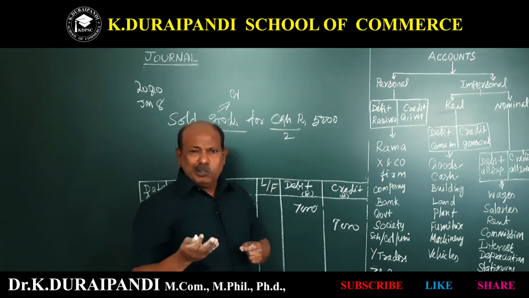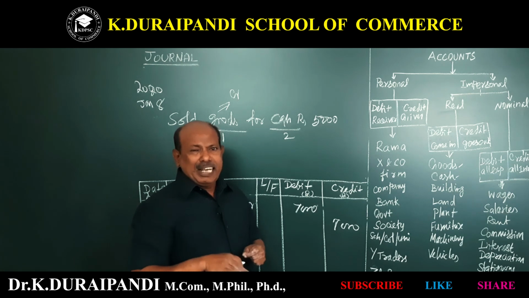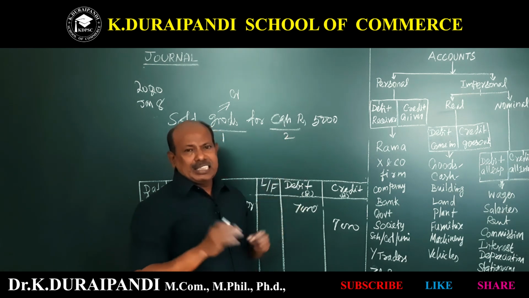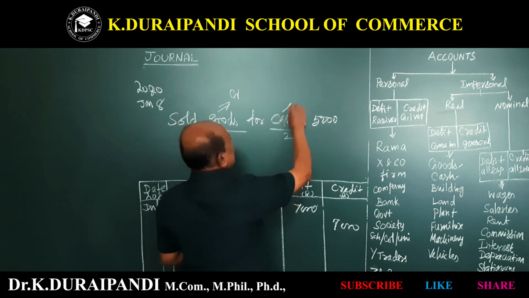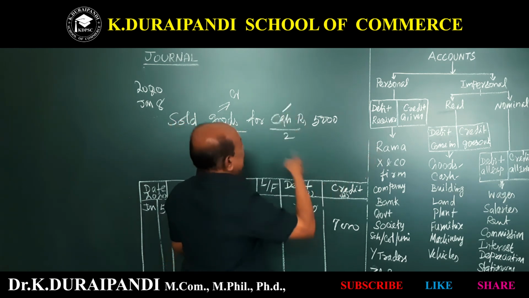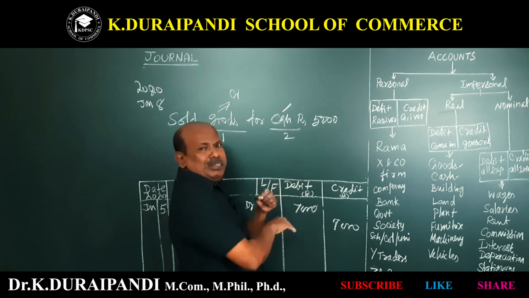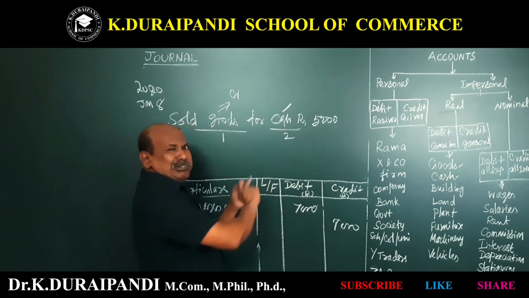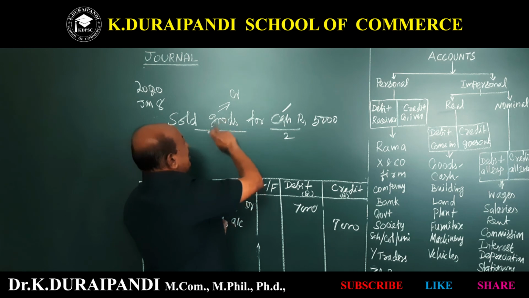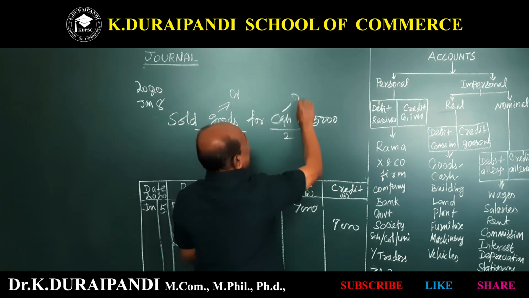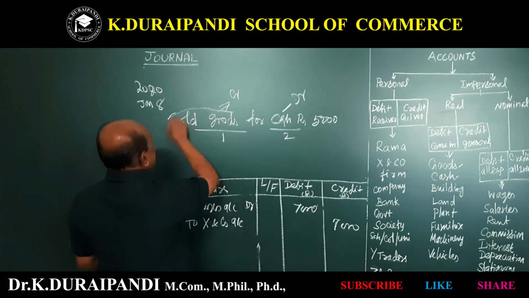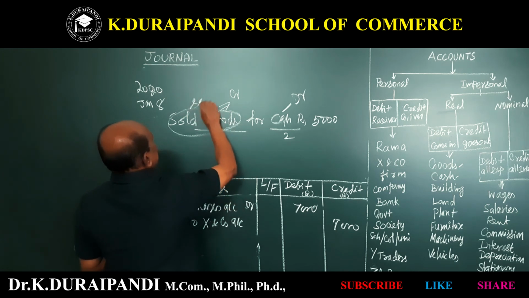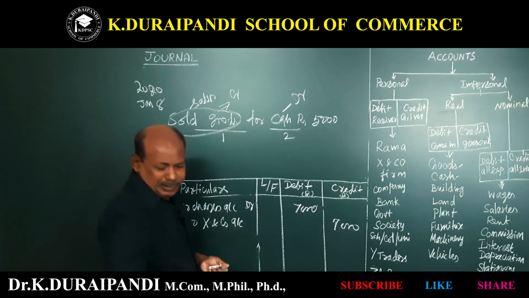Then we are receiving the cash. For selling the goods, we are actually receiving the cash because it is a cash transaction. Cash comes into the business. That is, debit what comes in. Goods goes out of the business. So, what goes out should be credited. What comes in should be debited. Here, sold goods means that it is sales.